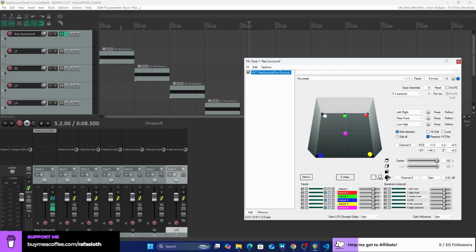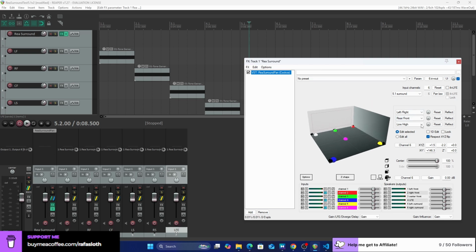I may expand this in another video with actual panning, because you can automate this channel moving in 3D.